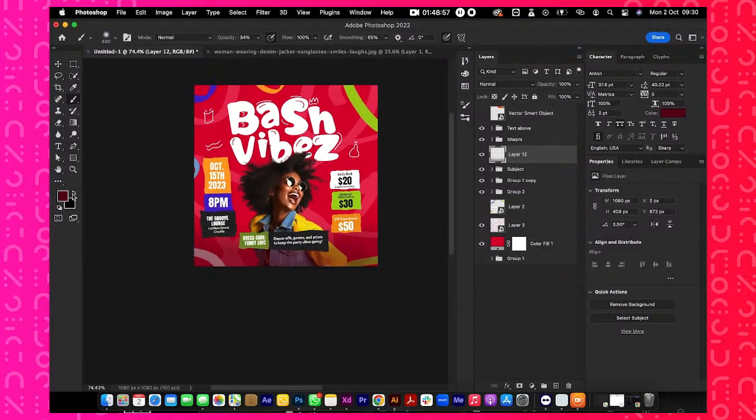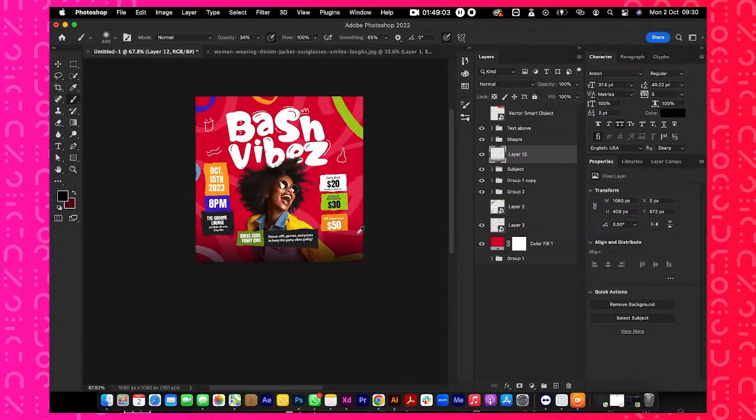I can also put black, but I want to put some details here. That was why I needed to create an overlay for it here. So I'm going to press Ctrl T just to increase it like that, so it doesn't take away the details here. So I'm going to just write